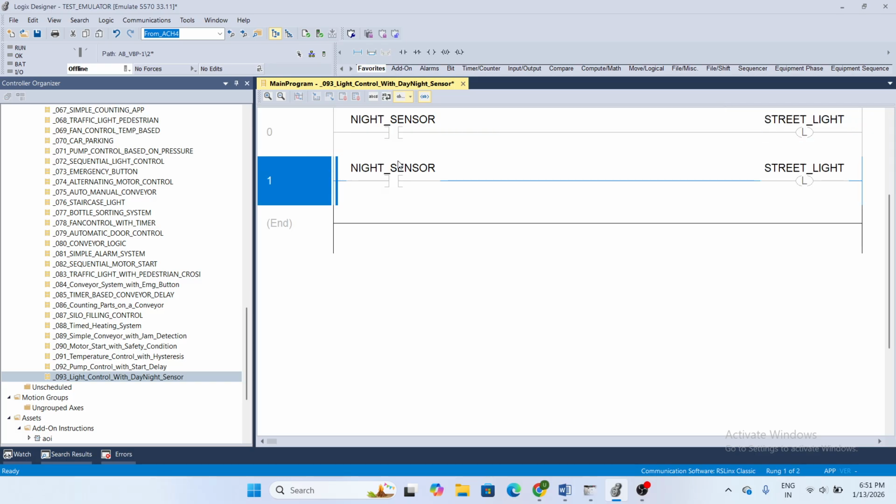Control C, Control V. When the day sensor comes, then the light should be off. This is a very simple logic, and it will be off with OTU, which means output unlatch. Now I have to create this logic.